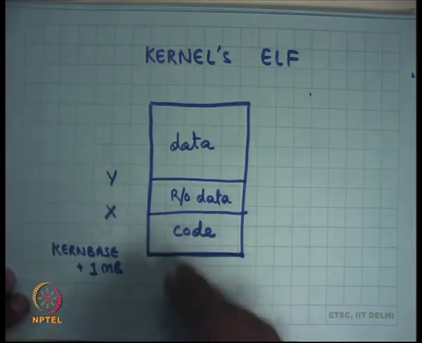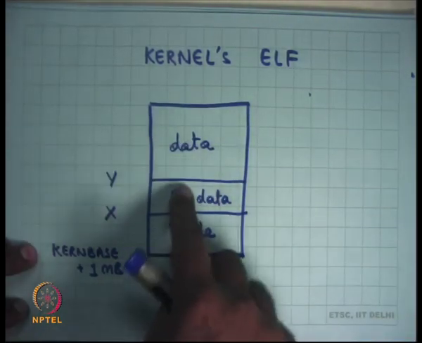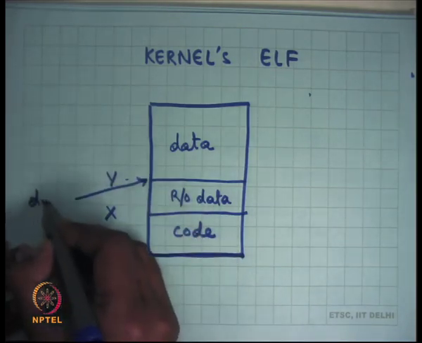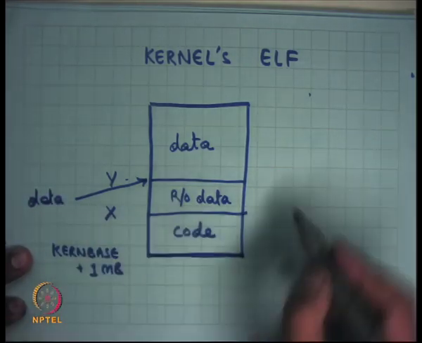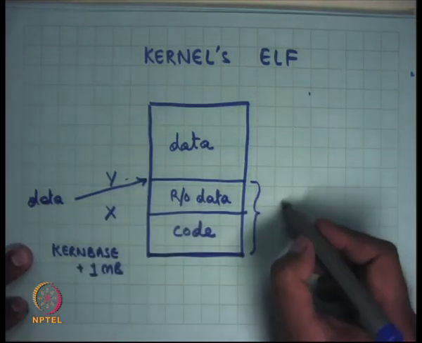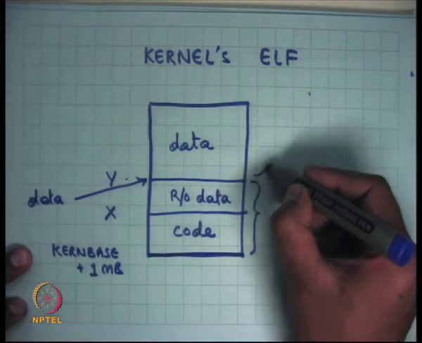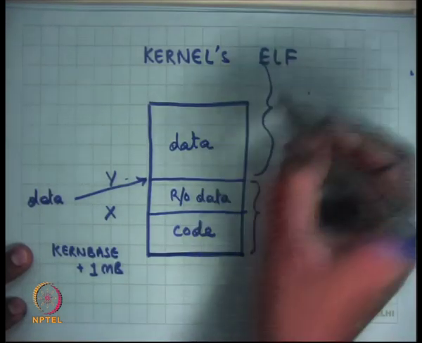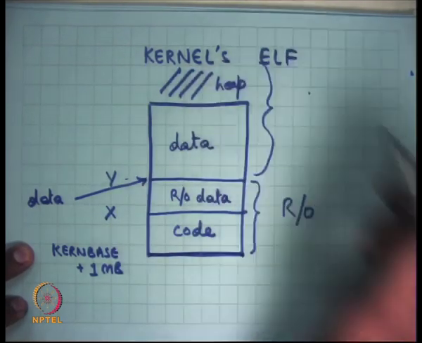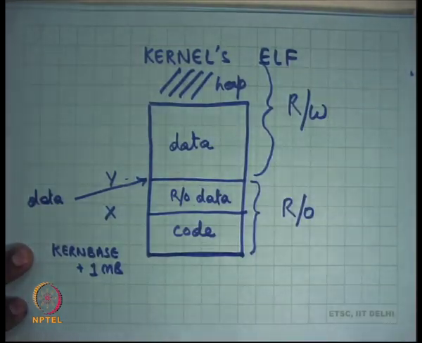right? So there are pointers in the kernel. When you compile the kernel, there are symbols in the kernel which tell you that here's the data, here's the read only data, and so on. So this Y is where the data pointer is pointing. So what the loader is going to do is consider this as one segment and map it with read only permissions, right? And it's going to map this and everything above it. So above it is basically heap. After you load it, above this is heap, so everything above is going to be mapped with read write privileges, right?